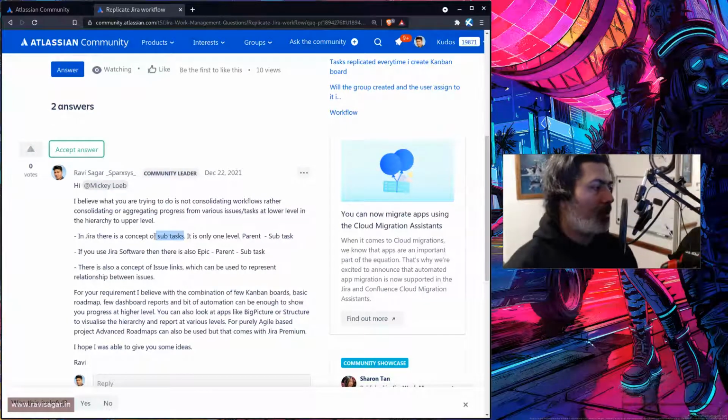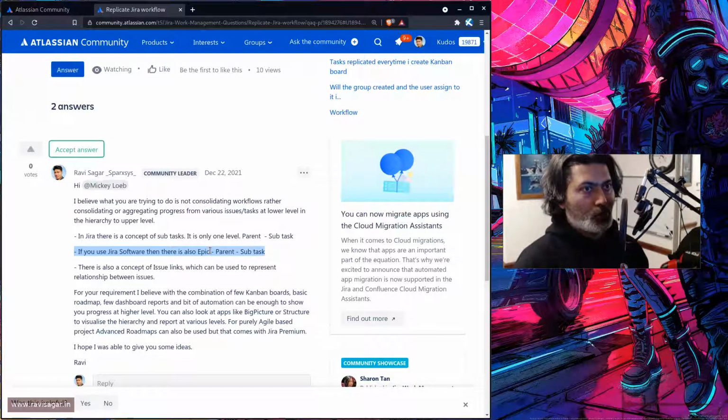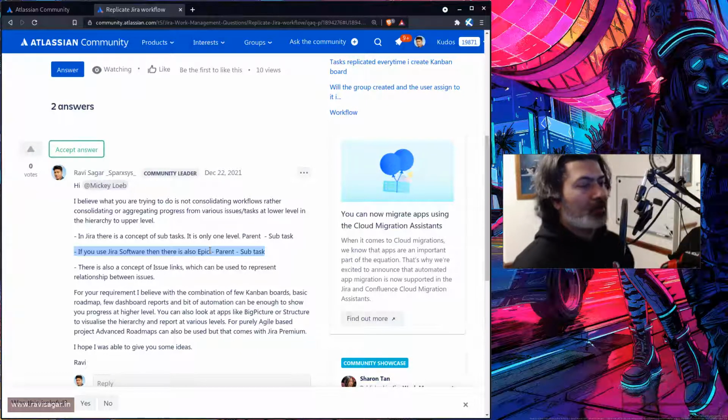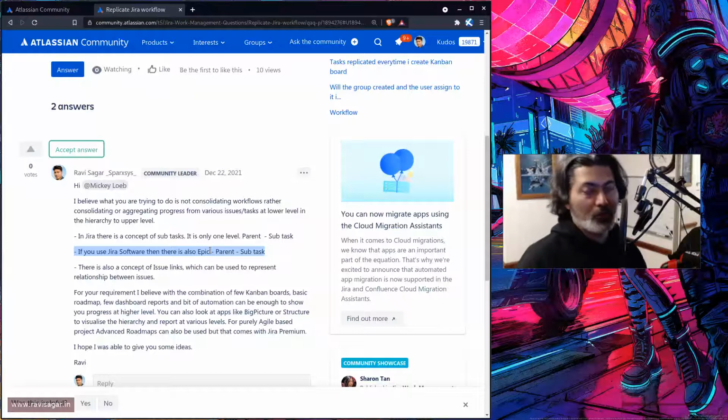Now, talking about what else you can do, if you're using Jira software, then you also have the option to use epics, where you can have parent subtask relationship, but on top you can have epics. Apart from that, you can also use issue links in Jira, because the main purpose of issue links is to define or represent some kind of relationship between issues.